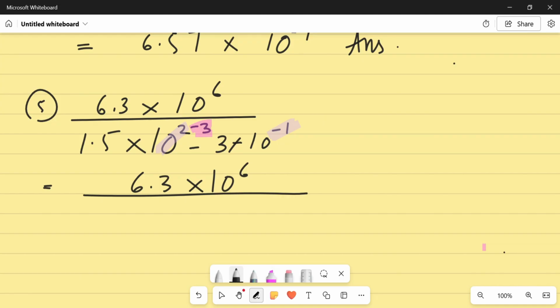So for minus 3, you need to jump 3 times. One jump is already there. Then you need to do 2 more jumps. When you do 2 more jumps, it gives the answer 6.3 multiplied by 10 to the power 6